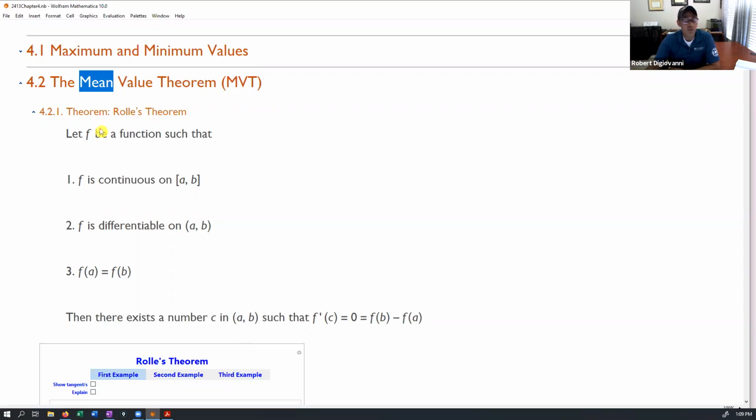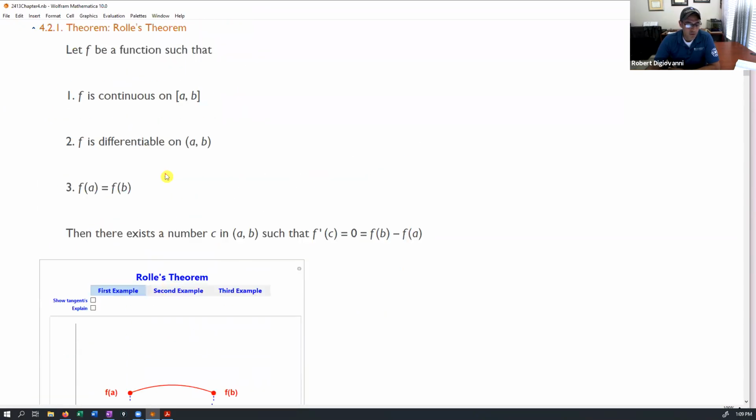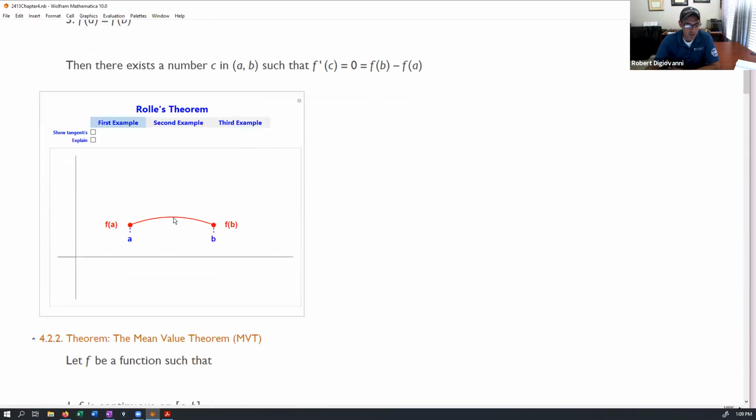I'm not going to get into a bunch of the details here. I want you to try and understand this theorem visually first. So before I get to the mean value theorem, there's a theorem called Rolle's theorem. Most students have no problem understanding Rolle's theorem. So let's just look at Rolle's theorem visually. Rolle's theorem says that if you have a function,